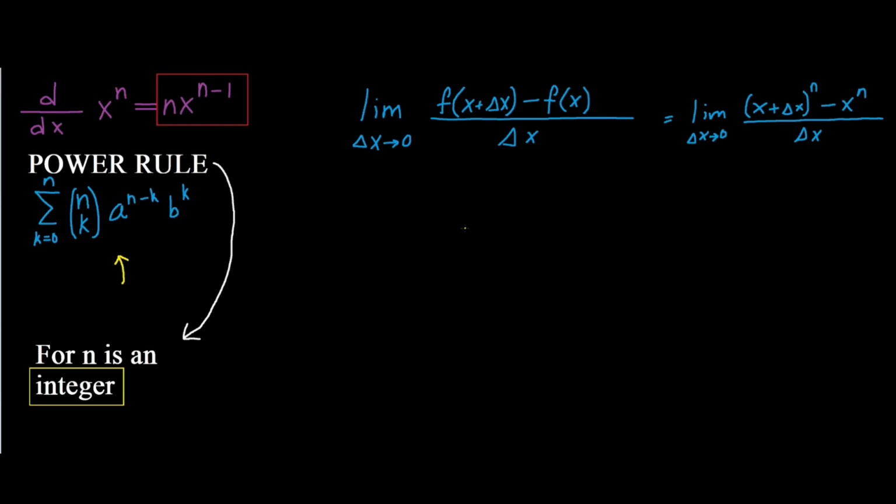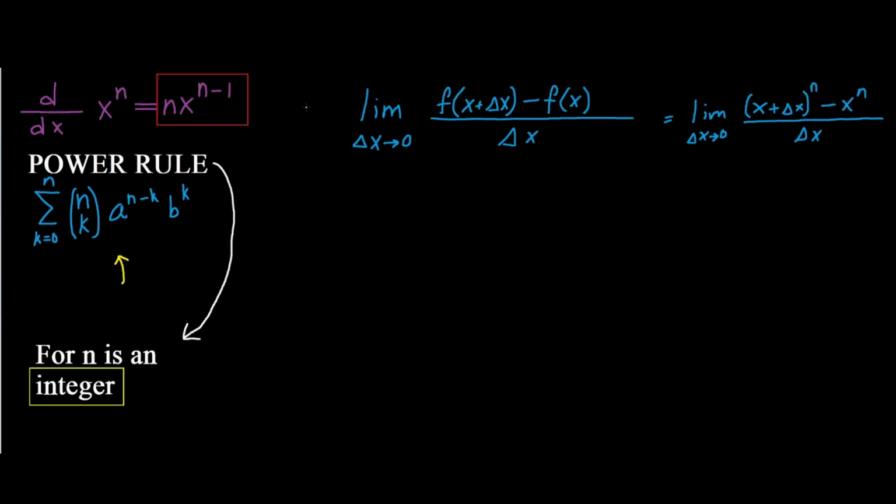So this is going to be the power rule proved for n is an integer. Now, there are proofs for n is any real number, but I am just going to do the easier one because you need a lot more information or a bit more information to prove all of them. So right now we're just proving d over dx for x to the n equals n times x to the